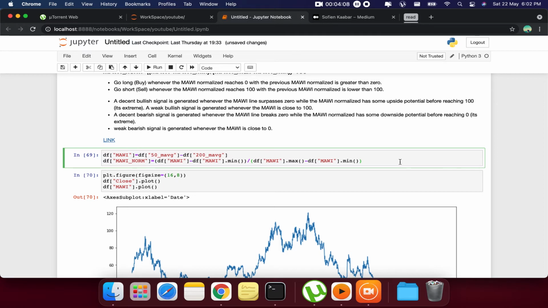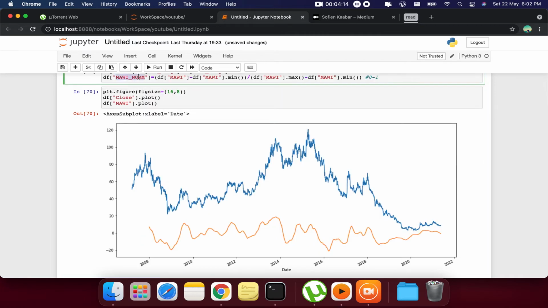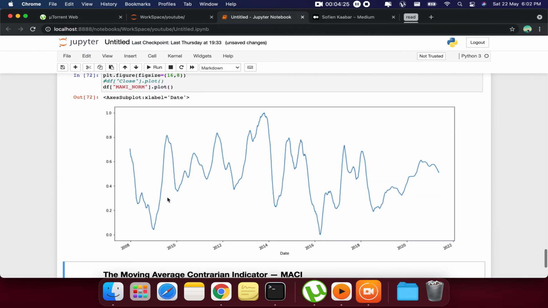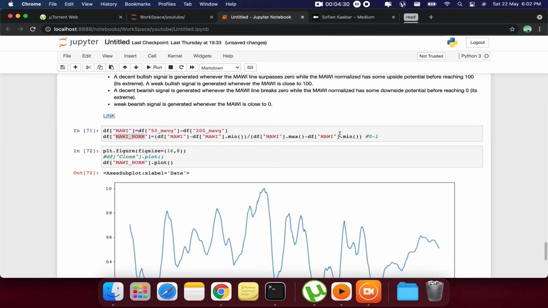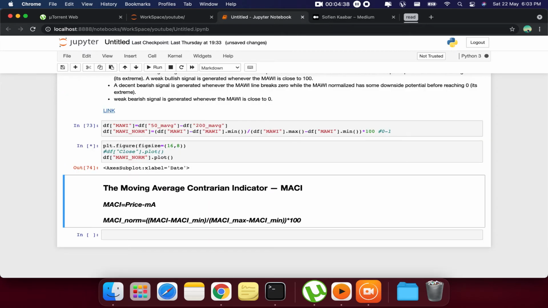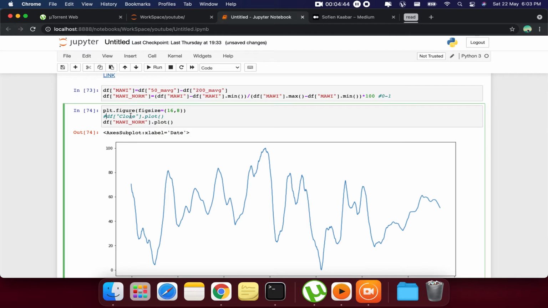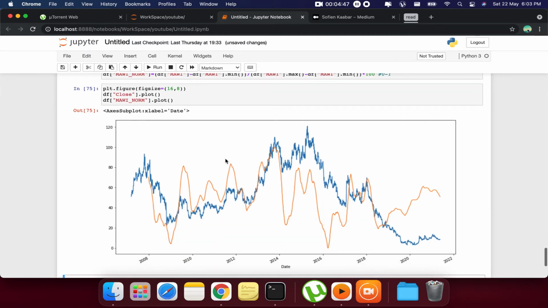So this will convert the data between a range of 0 to 1. Okay, and let's check that out. I will close this, comment this close one. So yeah, now you can see that the data is between 0 to 1. So if we use a normalized line, we will always get the data between this 0 to 1 range, and it is universal. Let me just make it the range between 0 to 100, so that we can visualize it properly. Okay, so now if we visualize it with the close price, it is much more visible.